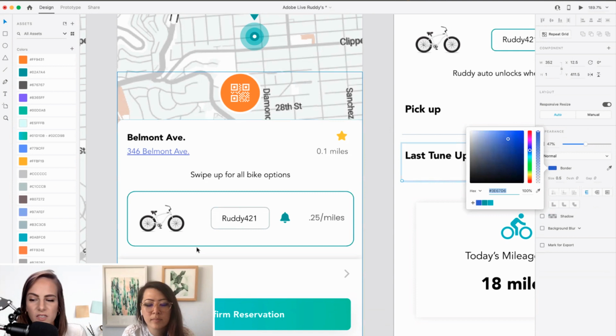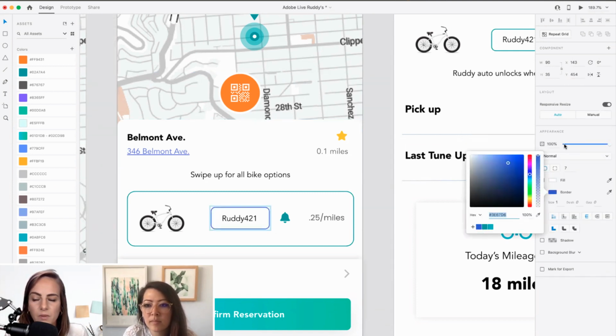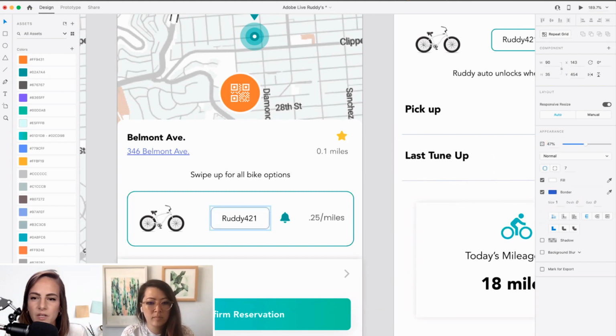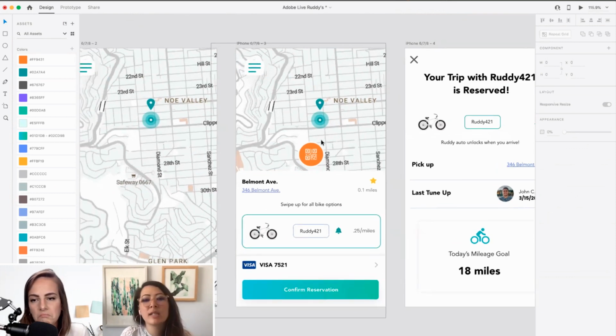Osborne in the chat said he had a suggestion to get the background to blur when it pops in. I guess he means the map portion of it to blur, this whole thing. Oh yeah, that's an interesting idea.